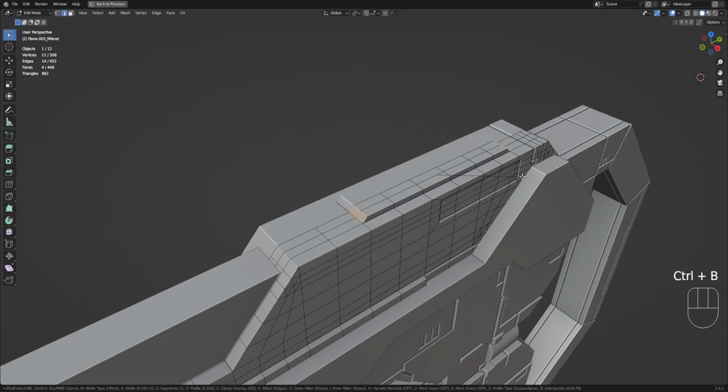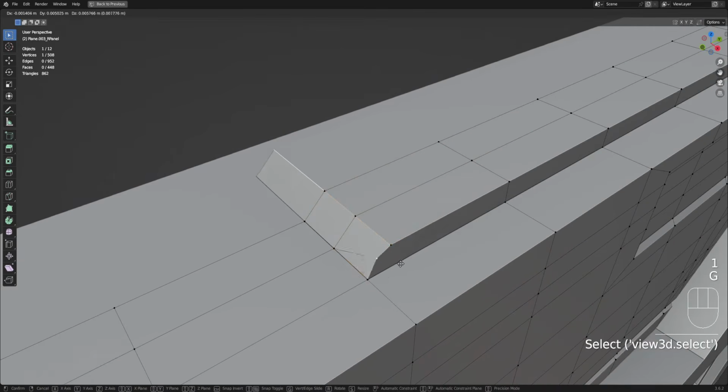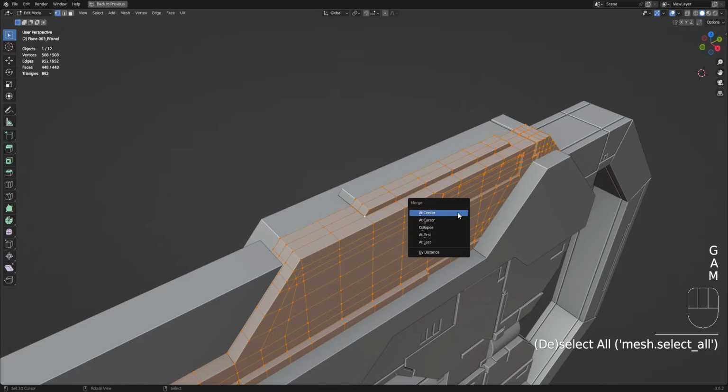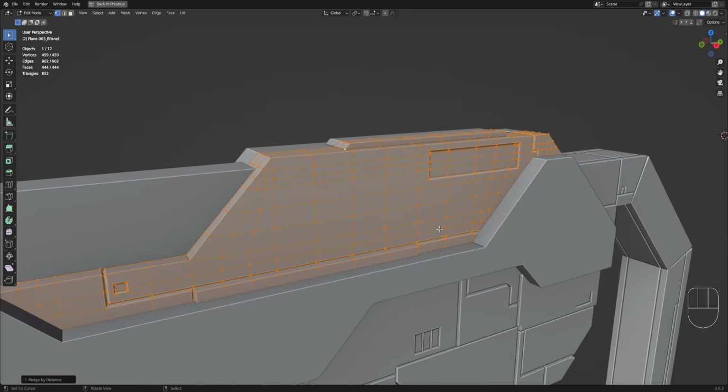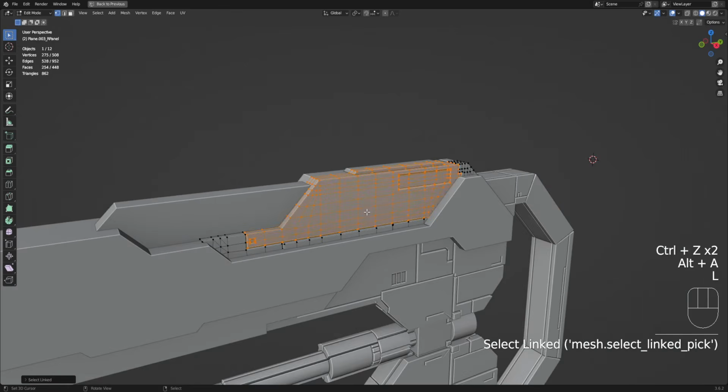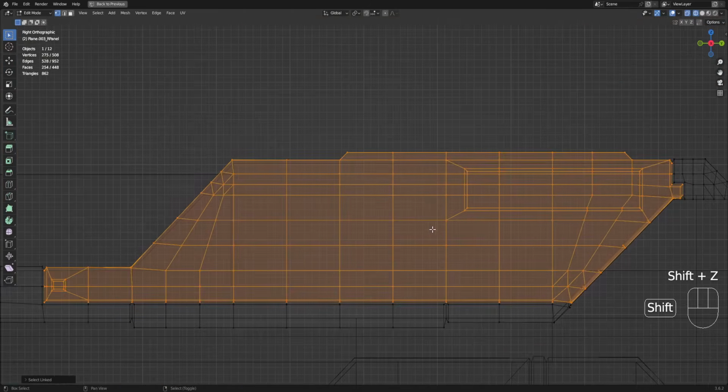Let's clamp it. So Control B to bevel and press C to clamp so it doesn't go past the bevel threshold. See? But that means that there are doubles on this part here. So select everything and then M and then merge by distance. Whoa, 49 vertices? Oh, this is a separate. Okay, don't do that if panel results and loop extrude results. So Shift Z and then